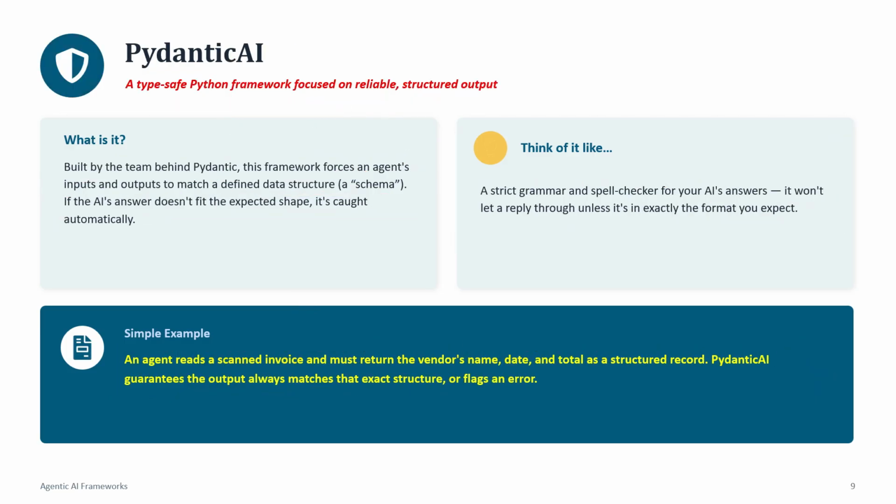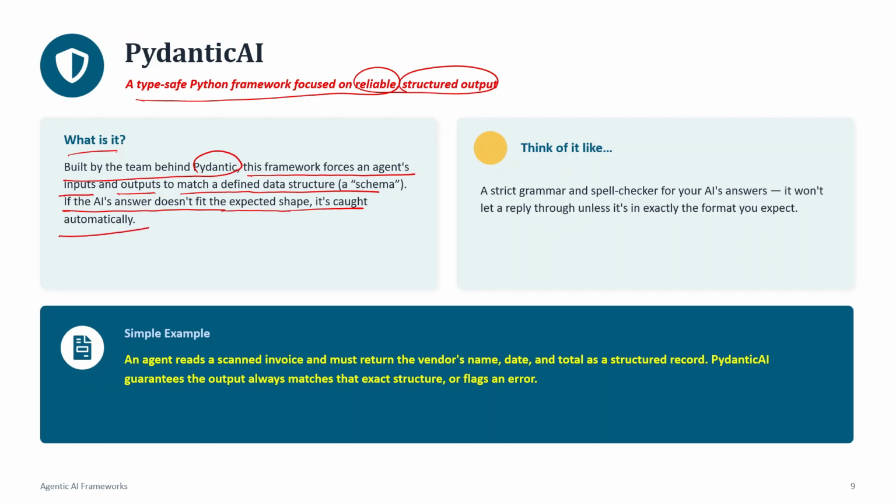Then we have Pydantic AI. This is a type-safe Python framework focused on reliable structured output. Now, what does it mean? Built by the team behind Pydantic, this framework forces an agent's input and output to match a defined structure, a schema. If the AI answer doesn't fit the expected shape, it is caught automatically. So what does it mean? Let us understand with this one. It is like a strict grammar and spell checker on your AI answers. It wouldn't let a reply through unless it is exactly the